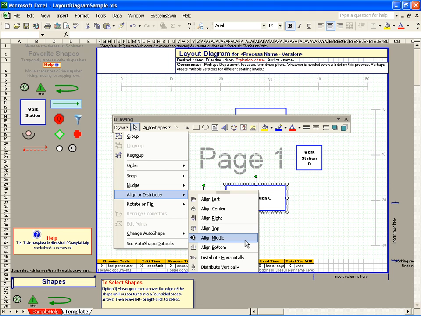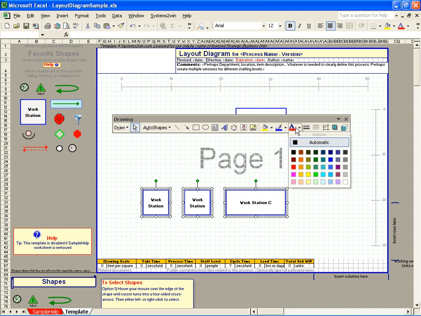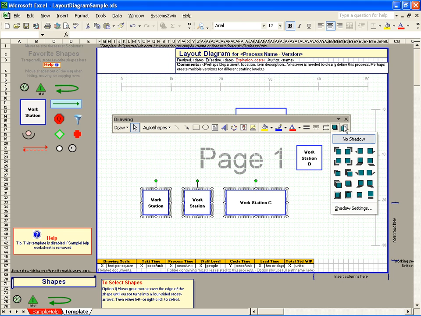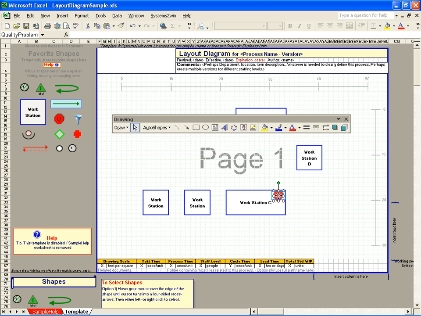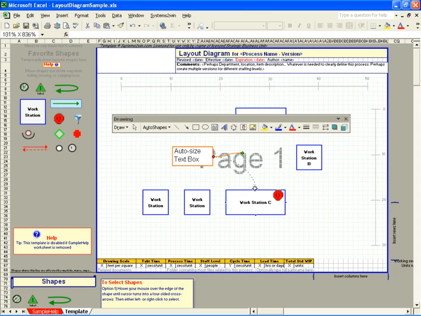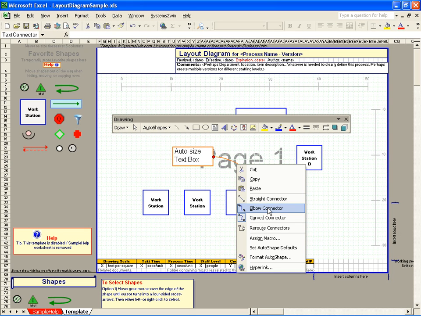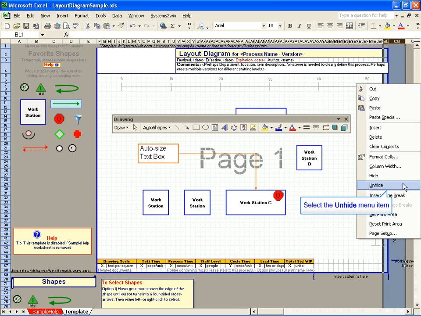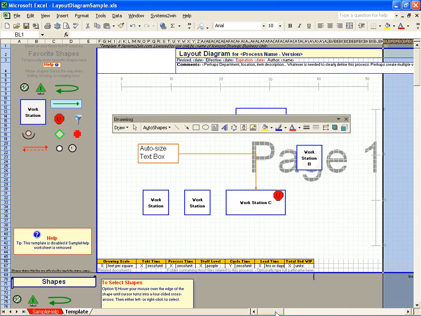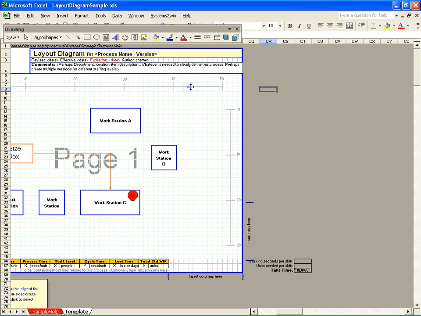You can align your shapes, distribute your shapes evenly, change their colors and fonts, line thicknesses, drop shadows, make them 3D, whatever you want to do. You can change the order of shapes to send it to the back or bring it to the front. Connect shapes with arrows, which can be elbow, straight, or curved. Increase or decrease the size of your workspace. Use this convenient ruler to make it easier to count those tiny squares.